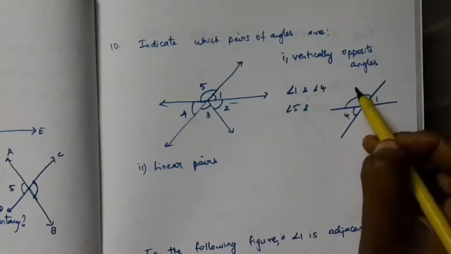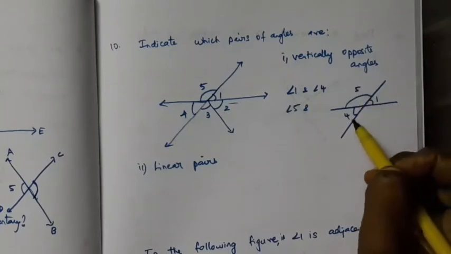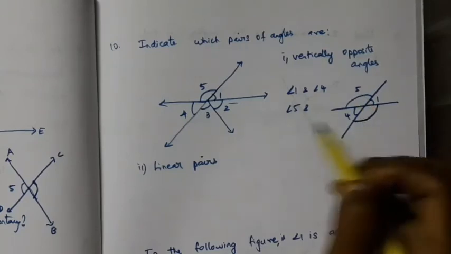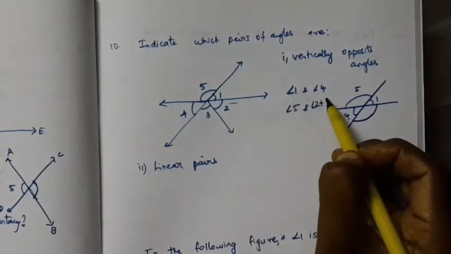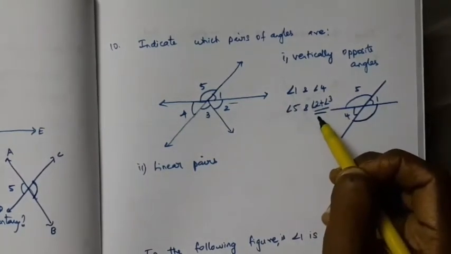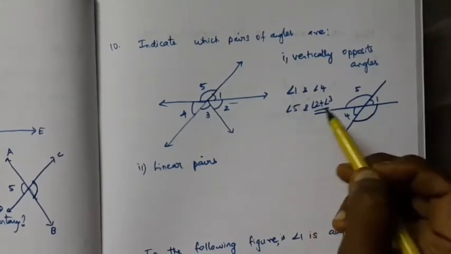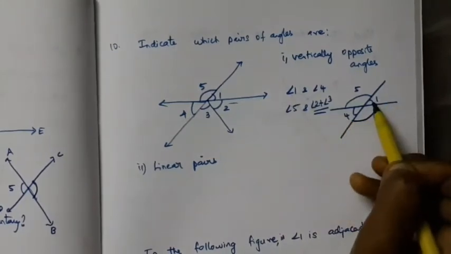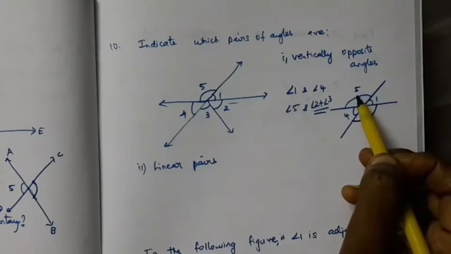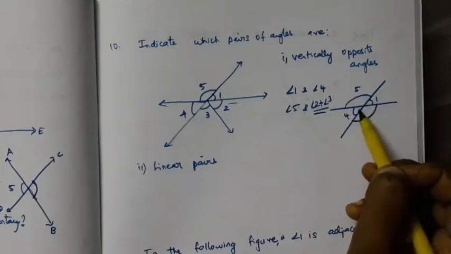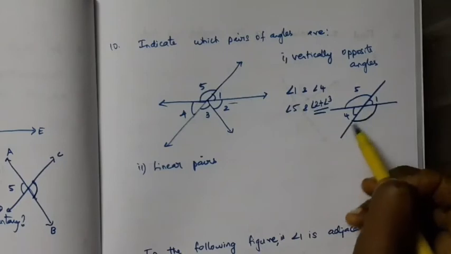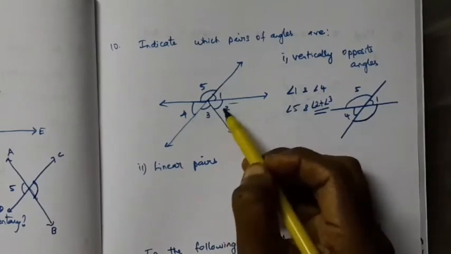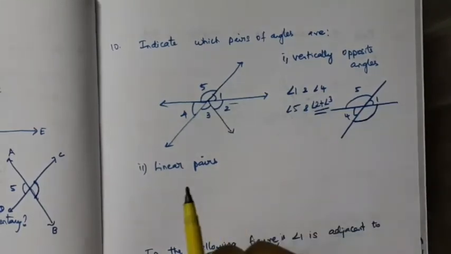And this is 5. So the vertically opposite angle of 5 is from here to here. What is the total angle? Everything together is vertically opposite to 5. So what is from here to here is angle 2 plus angle 3, together vertically opposite to angle 5. Okay, so the first case is easy. Angle 1 and angle 4 you can easily identify. So draw it separately. Then you go for angle 5. Whatever angle is between this line and this line is vertically opposite to angle 5. So angle 2 plus angle 3 together is vertically opposite to angle 5.